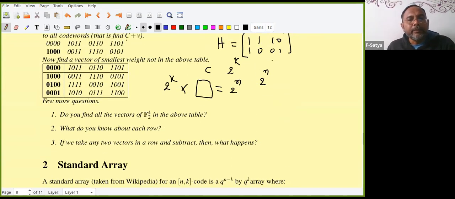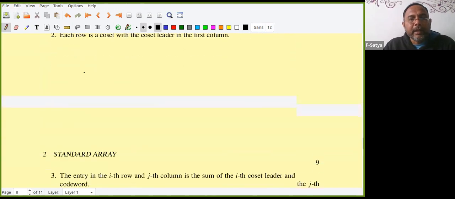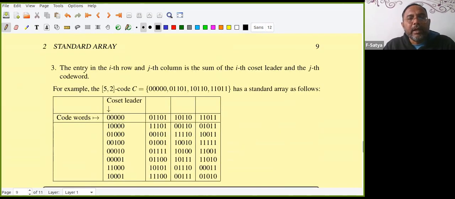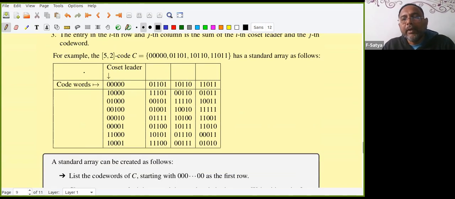This comes from adding. What is the position here? We assume it is a 4 by 4 matrix. This is 2, 3, so it is the third column and the second row, right? This is the coset leader and this is the code word. I'm adding, and I'll get that. So that is what I'm telling: the ijth entry, in the jth column, is the ith coset leader added to the jth code word. I am giving one more example.